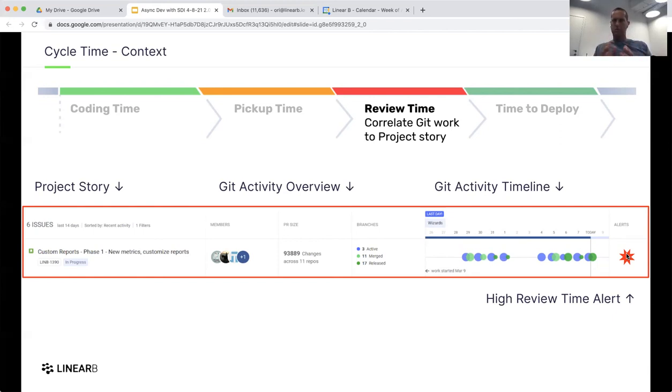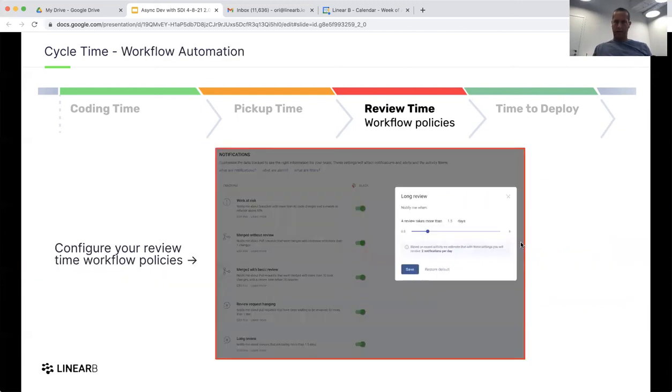So the context element takes it one step further. It says, I'm not just giving you a number and visibility. I'm going to point and enrich data around it to tell you, hey, here are the things that are broken. Here's how you can fix it. And then once you identify that you have a problem with long reviews, you can actually set up a policy that will help you improve. So you can come to this screen and say, I don't want any reviews that are taking more than 1 day, 1.5 days. Every time that happens, I want the team to be aware. I want an alert to go out. I want to decorate the PR and say, hey, this PR is delayed.